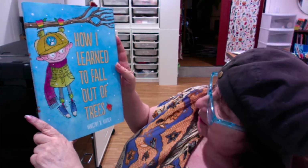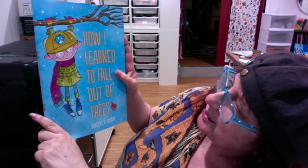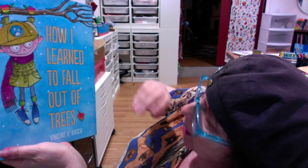So this is from Vincent X. Kirsch, How I Learned to Fall Out of Trees. And this is one of those books where both the art and the writing are equally spectacular. There are lots of things that are just absolutely